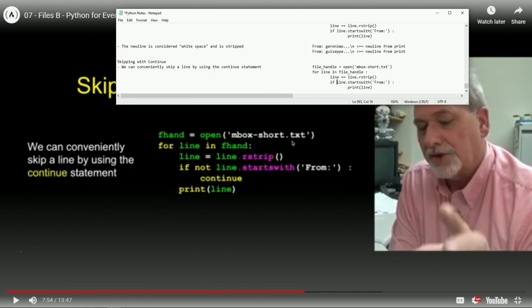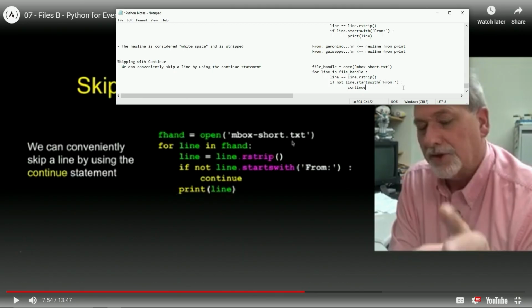All right, so if not line, let's put that right there. If not line starts with this, what we're going to do is continue. Oh, yeah.